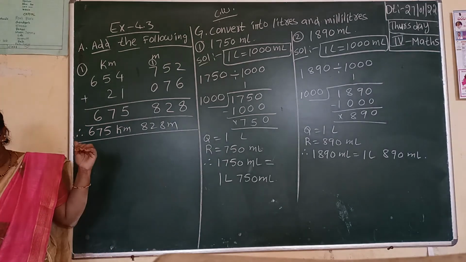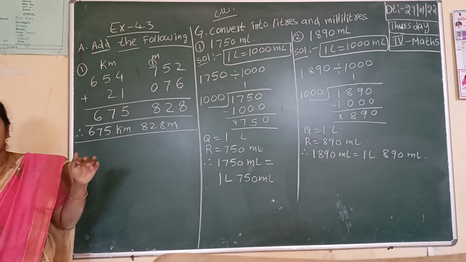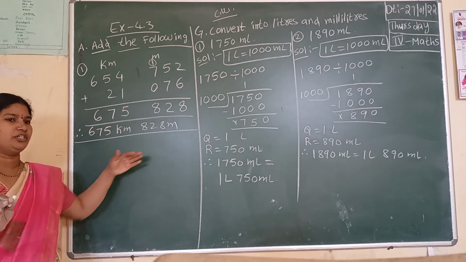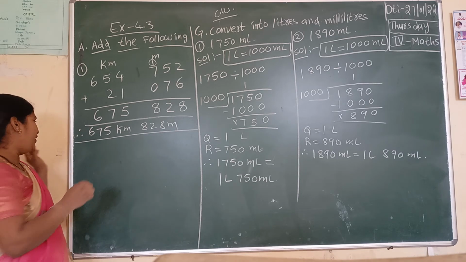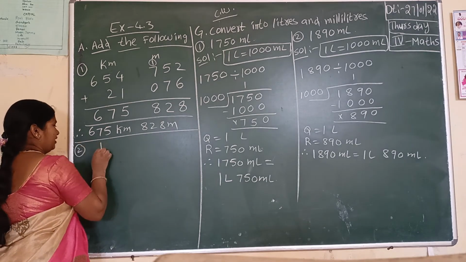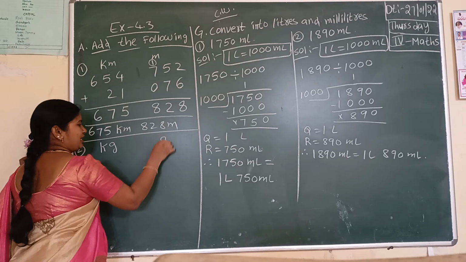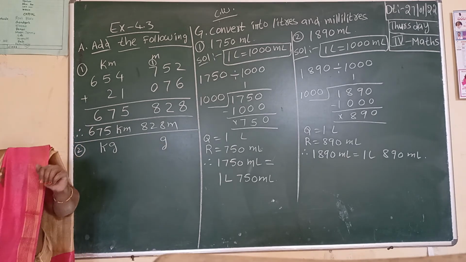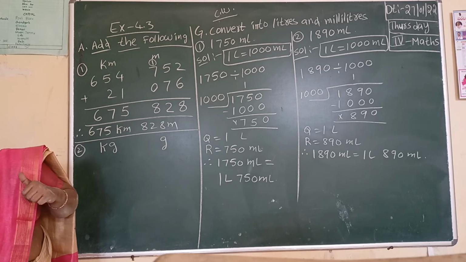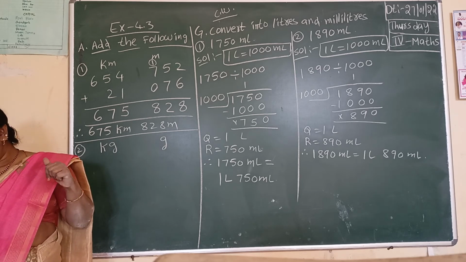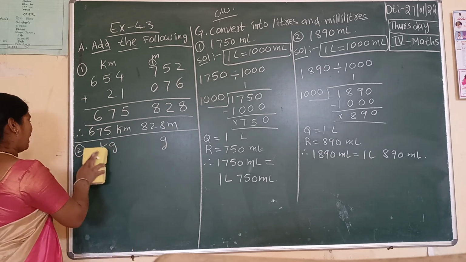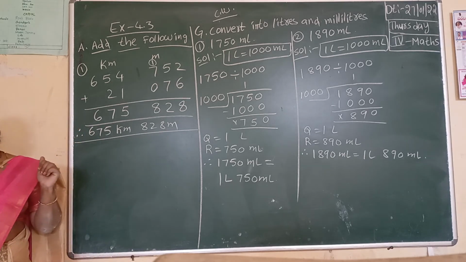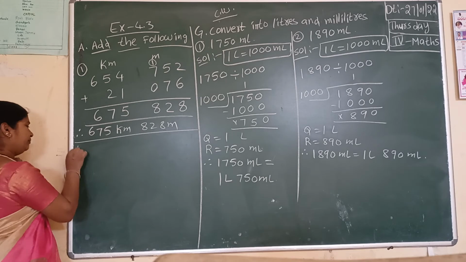Second one, they have given in kilograms. Whatever headings they are giving, you don't look at them. Just do the normal addition. Finally, you have to write down the answer. They have given kilograms and grams separately. The second one is the same as this one. Second and third are 2-digit numbers, you have to do those. I am going to explain the fourth one, because it has 3-digit numbers.